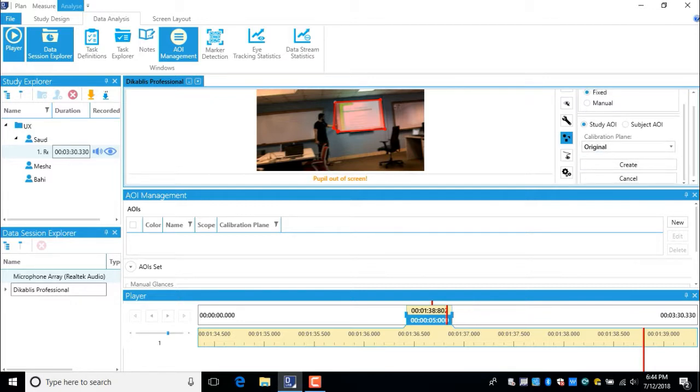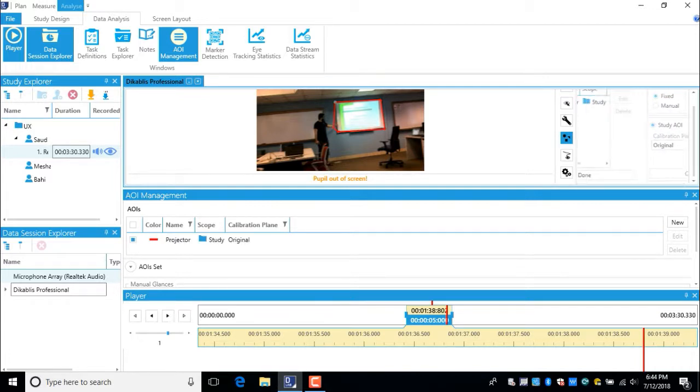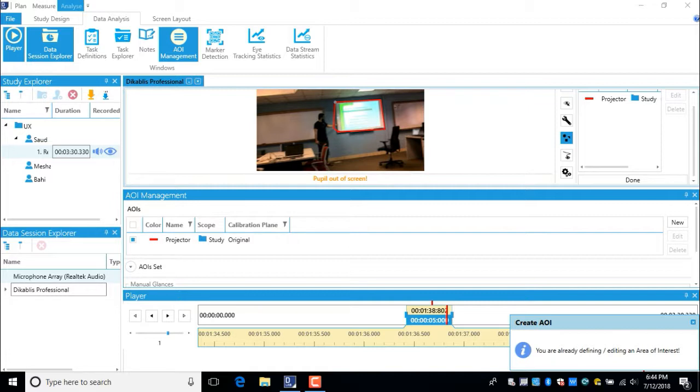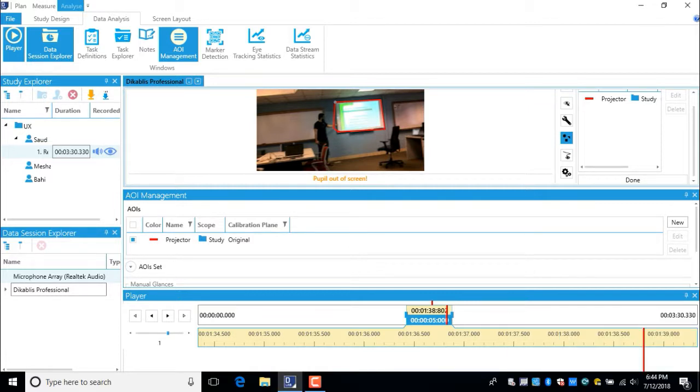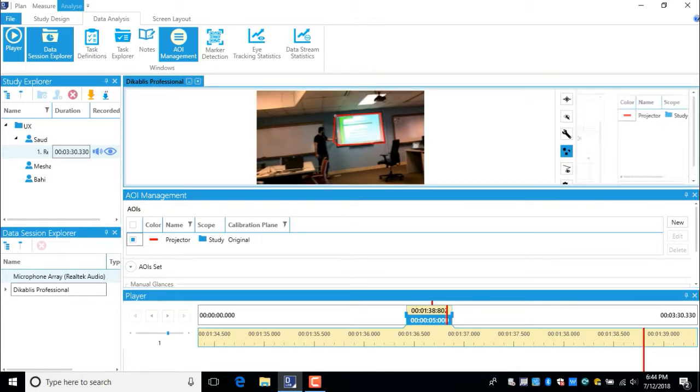After we select the color, name it, and then the area, create. And you see here, we have the area being created. If I would like to create a new one, then I click new. And this time we may use a different color and a different process. So this one, we name it others. And the color is blue,